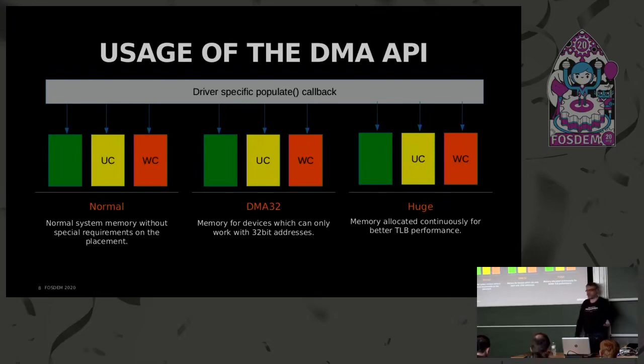Then you have a pool for DMA32, cached pages, uncached, and so on. And those page pools are actually quite important for quick application startup and good performance, because, as I said before, changing the caching attributes of memory takes a lot of time,